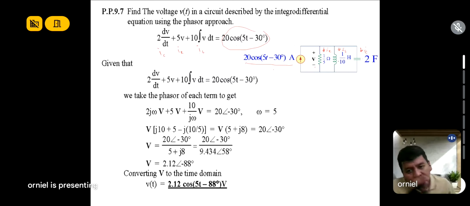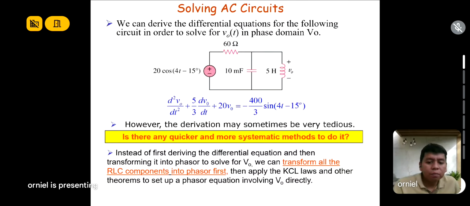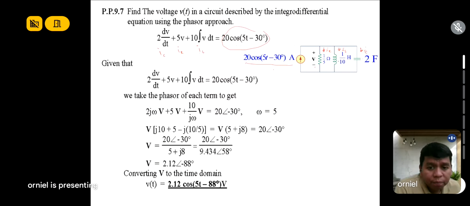Di na kayo mag-add og circuit ingani ha sa ato ng final exam. Ako na lang i-pro bono sa inyo. Di na ko mag-add ani. Dito na tataman sa phasor. Okay? So, I think diri natataman for the E213. No? We will not go down deep. Okay? So that you still have more time to focus pa on the topic nga asa mo na hinay.